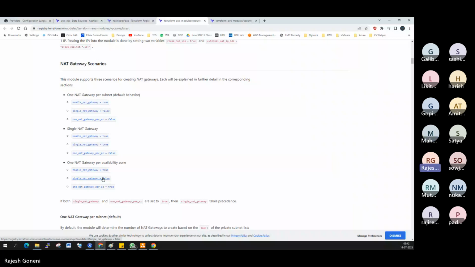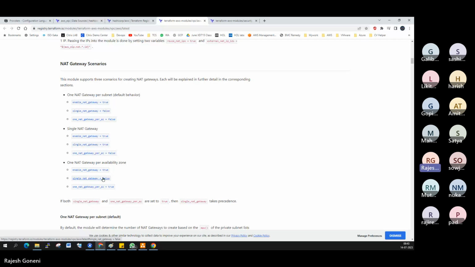One NAT gateway per subnet means more charges. By default, that option is the only one available. Because in one availability zone, if you have 10 subnets, then all 10 subnets, one subnet one NAT gateway, they will use it. So 10 NAT gateways means 10 elastic IP addresses, and 10 bills will be charged in your account,